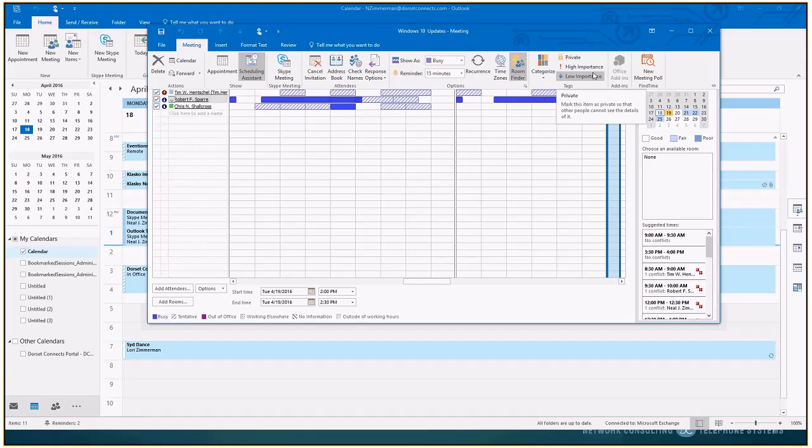But here's the most important thing you can do: reminder. I get calendar invites sometimes and people didn't set a reminder on it, and then they get mad. Hey, why didn't you come to the meeting? Oh, I'm sorry, I didn't have a reminder. I got tied up on a phone call or something else. Nothing popped up in Outlook to remind me that I had this appointment. Please make sure you always put a reminder